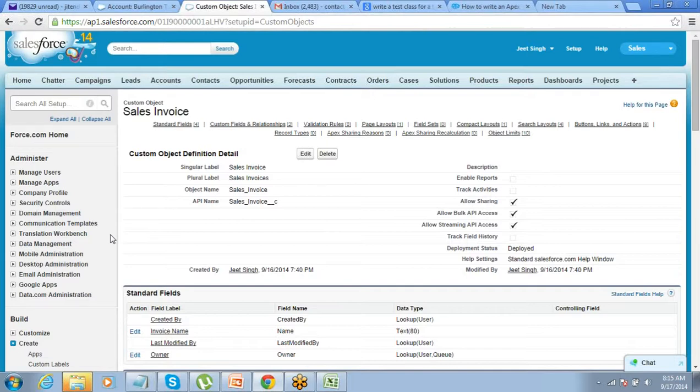Okay. Now, I have a question. Here all the tabs, like campaigns, leads, accounts, they are all objects or tables, we can say. Yes. So if we create a new object like we did now, will it be displayed as a tab? It will not be displayed as a tab automatically, because